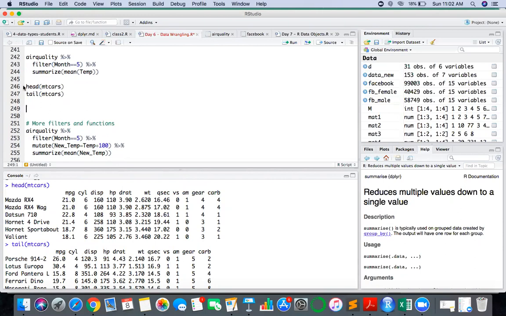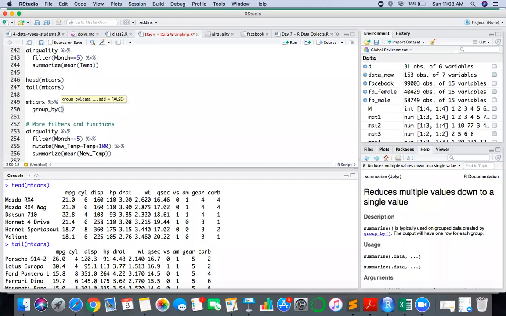So let me check. I want the mtcars data set. I use the pipe operator, and then in the pipe operator I will use my group_by function. I want to group it by gear. What will my group by be? My group by will be gear. Then again I'll put my pipe operator, and in the pipe operator I will use